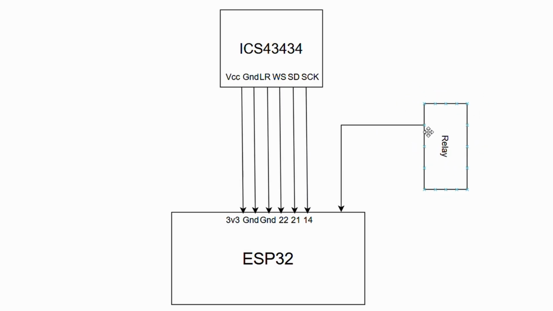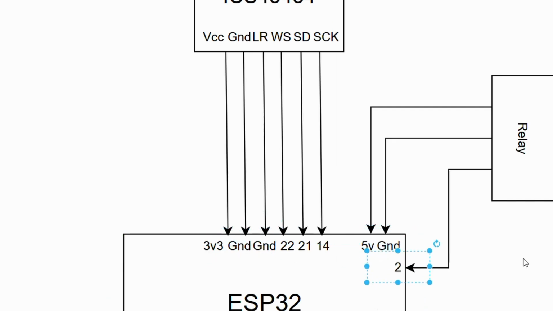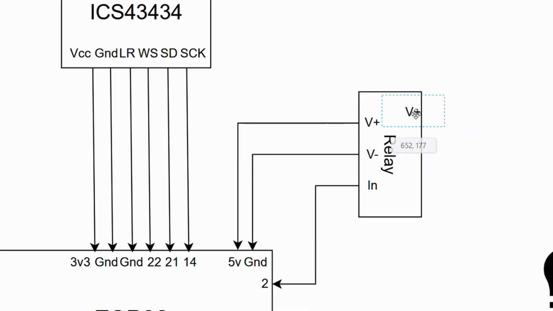Time to take a look at the hardware setup. So the ESP32 is connected with the MEMS mic, and that has already been discussed in earlier videos. I'll be simply adding a relay module whose trigger pin is connected to ESP32 GPIO2. Power pin V+ of the relay is connected to 5V or VIN of the ESP32 and V- is connected